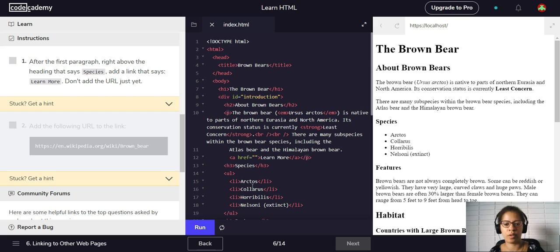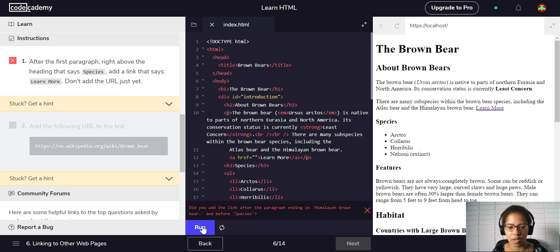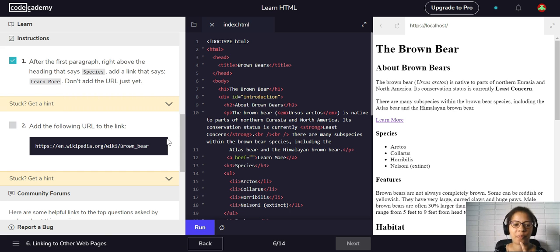So I don't know what it will say about that. Let's see. Did you add the link after the first paragraph ending in Himalayan brown bear? I did, but I put it in your paragraph tag. So let me move it down then. Yeah, I didn't like that. You can see it's concerned by what we're doing. Okay, let's try it again. Great, it likes that one better. Okay, so it wants it outside the paragraph tag. So add the following URL to the link. So we'll take that, copy it,